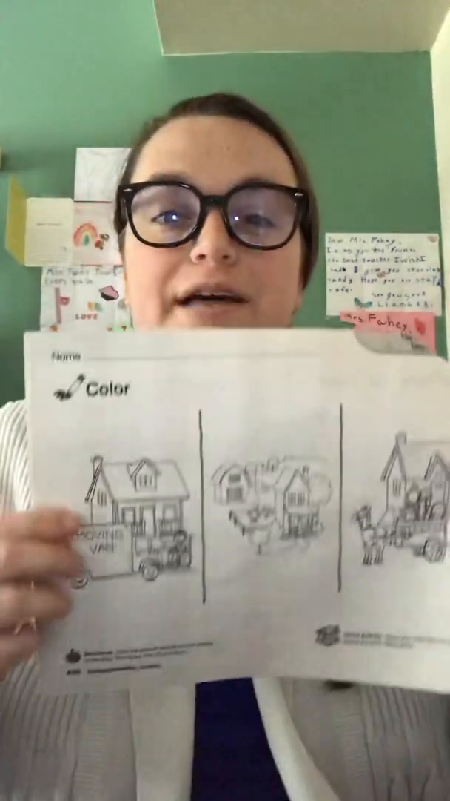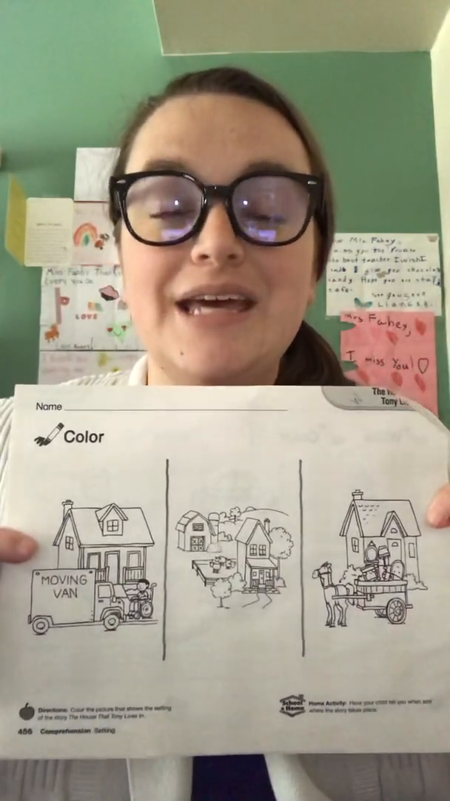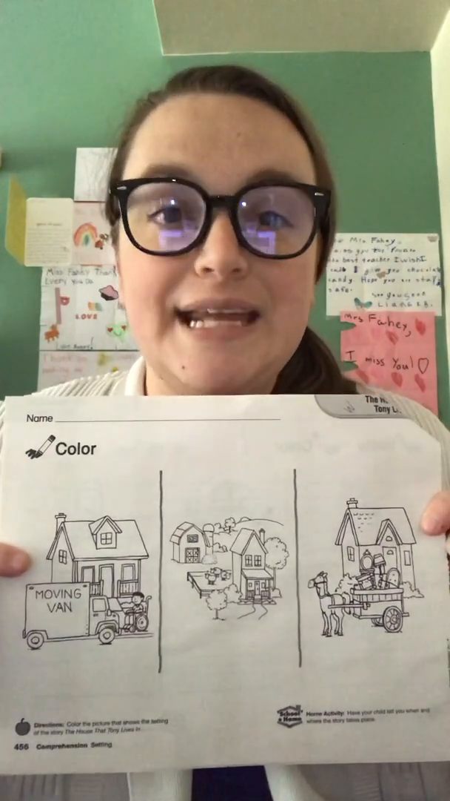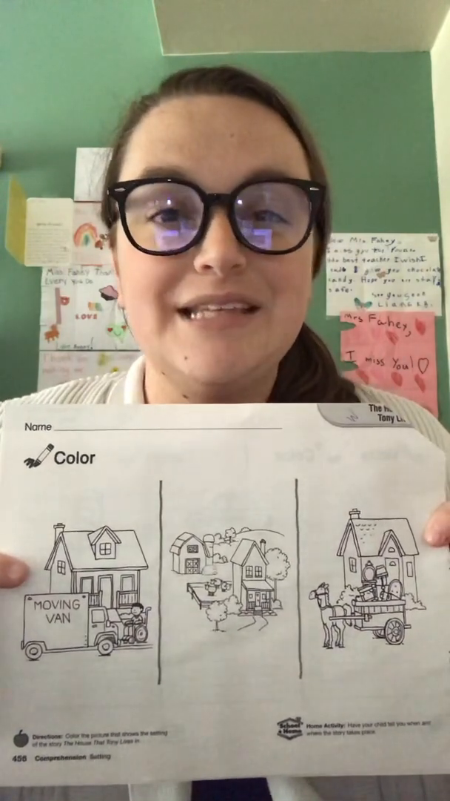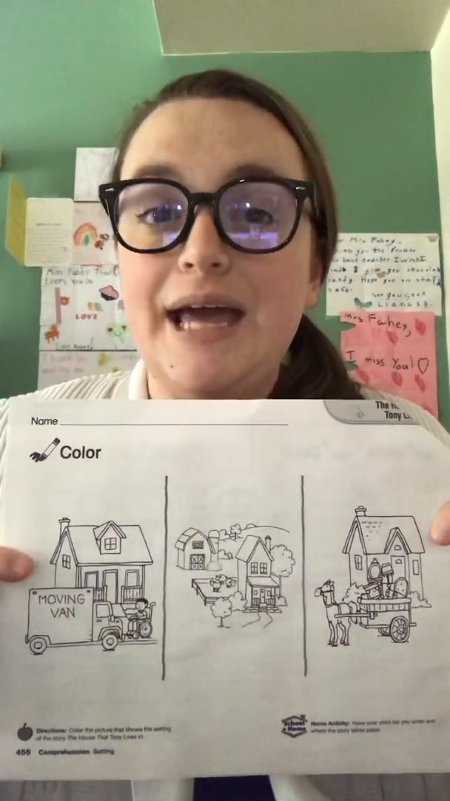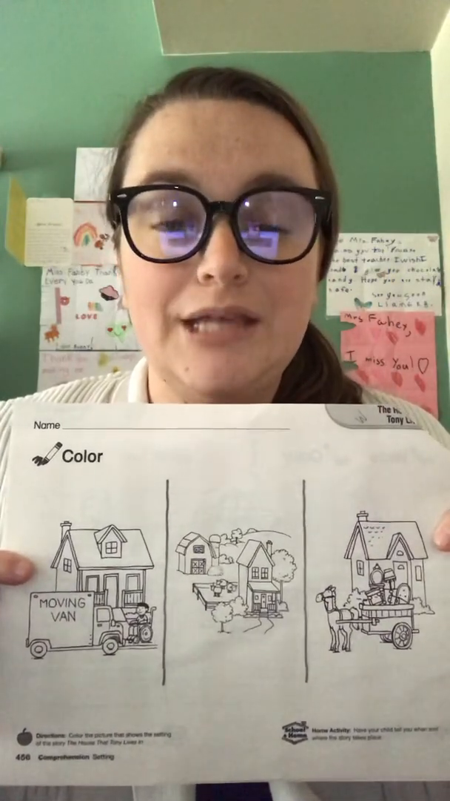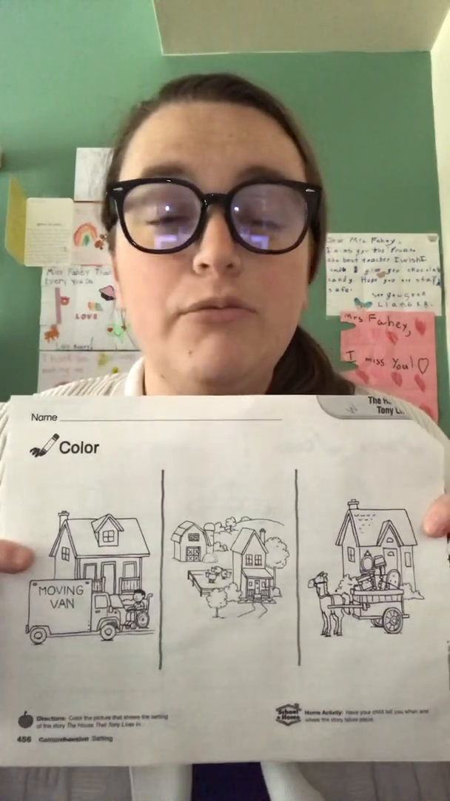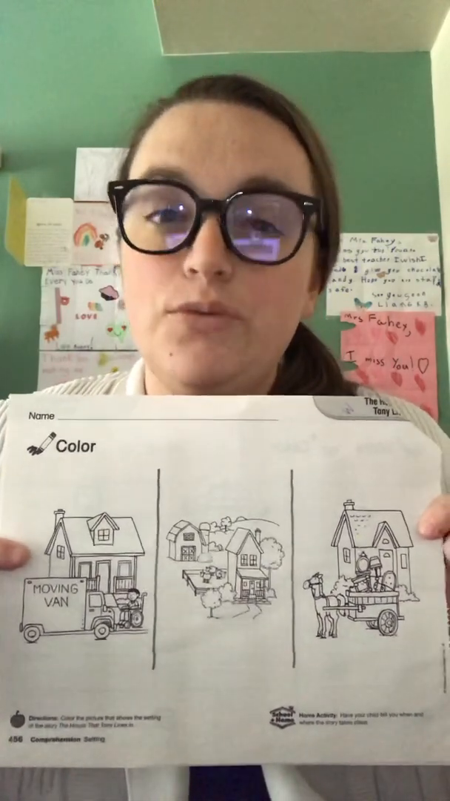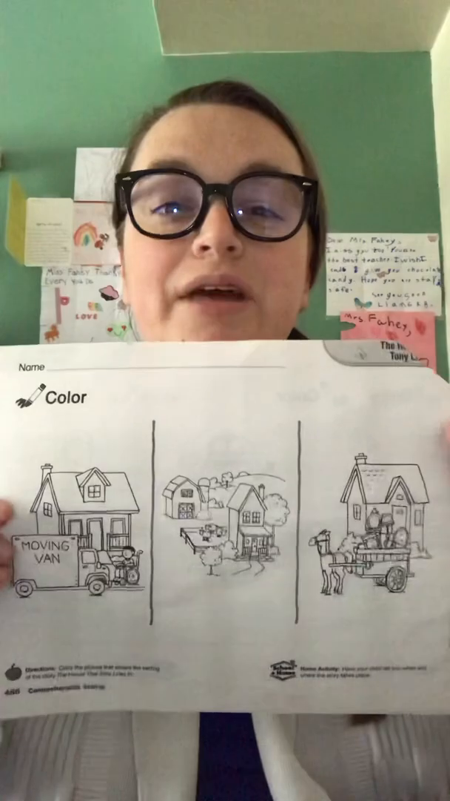We are on page 456 in our reading packet. That is page 456 at the bottom. And the first page that we are working on today is asking us about setting. Remember, we talked about in class that the setting is where something takes place. And today, this page is asking you about the setting for our story of the week, the house that Tony lives in. I will reshare that story for you guys so you can go back, refresh your memory, and watch that and listen to that story. And then come back to this page,